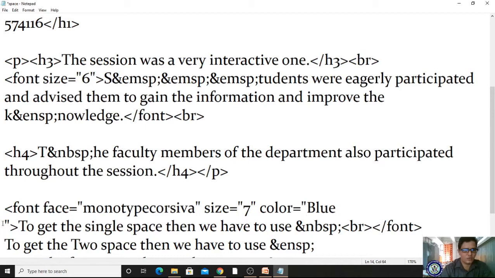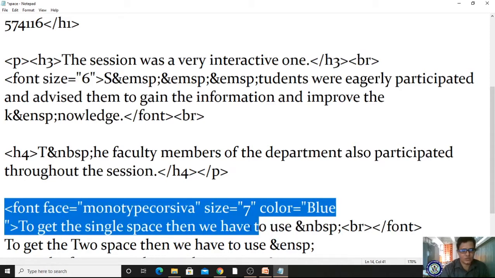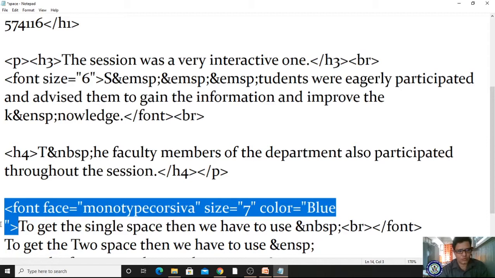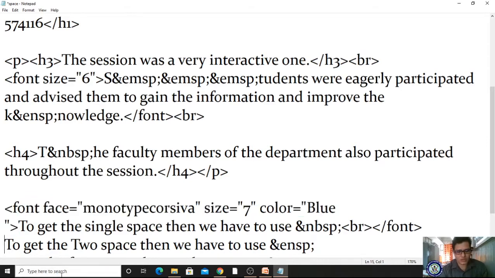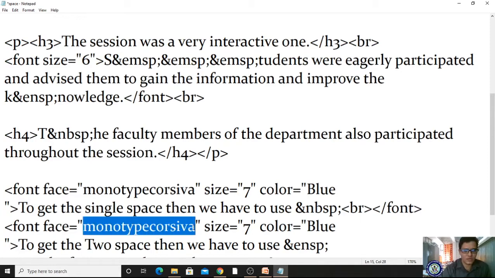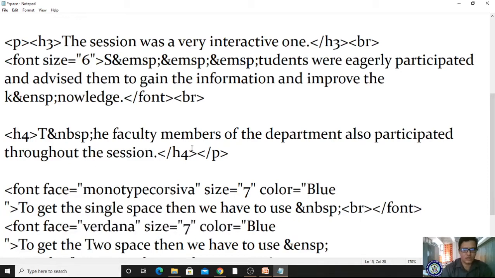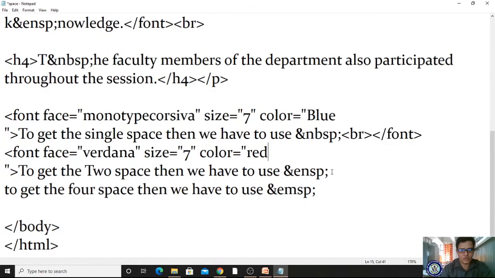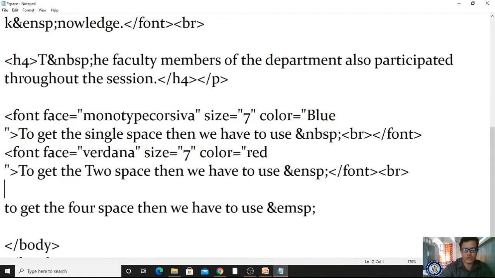Okay, and I'm using the same tag with different values. I'm copying, giving here, and pasting. Now I'm making it Vardhana with red. Okay, afterwards I have to use ampersand NBSP. Okay, for this line this font, for this line this is the font I'm ending, and for this line we have to get a break line, right? Content has to move to the next.